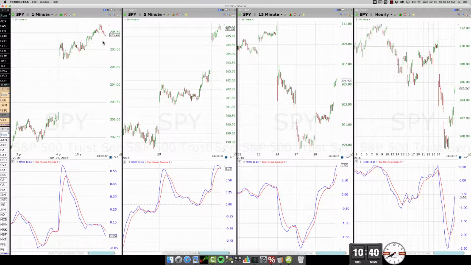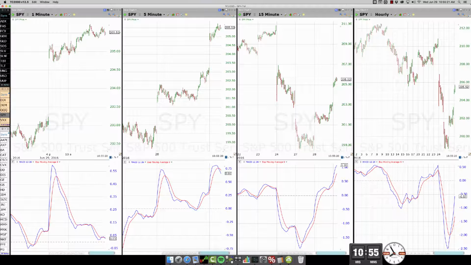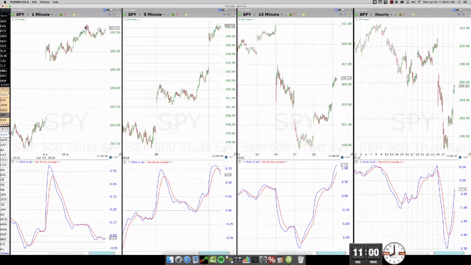Now, the sustainability of this is totally questionable with this context. 10:50, the drop couldn't sustain, but it definitely introduces weakness to this 5. And it has technically topped it. 10:55, divergence doesn't go away. 11, the 5-minute is just pulling long against a very, very powerful uptrend.